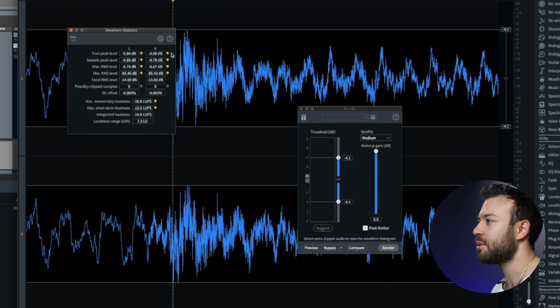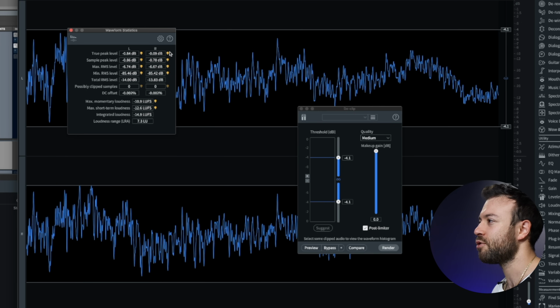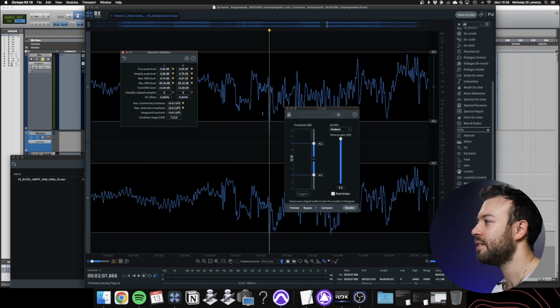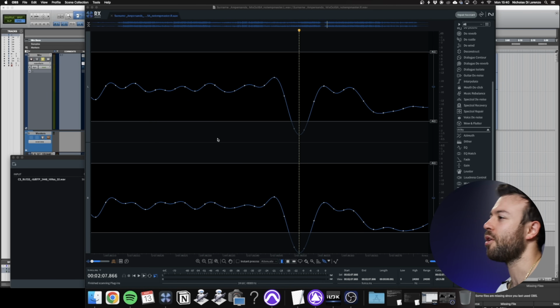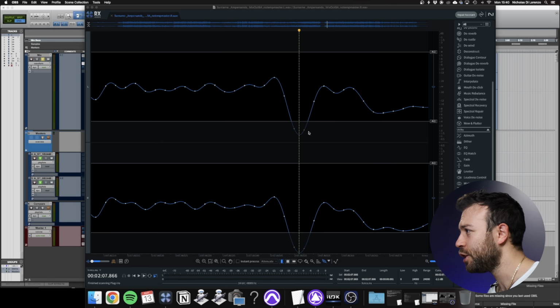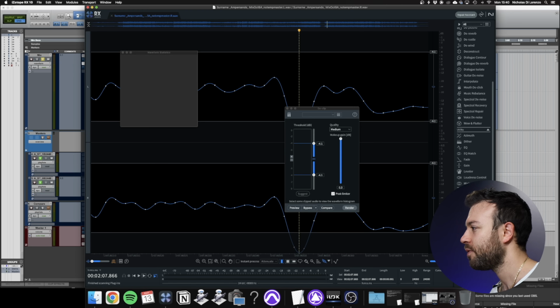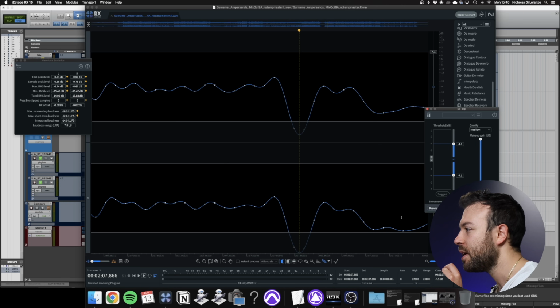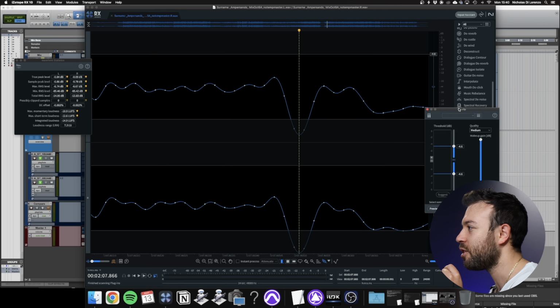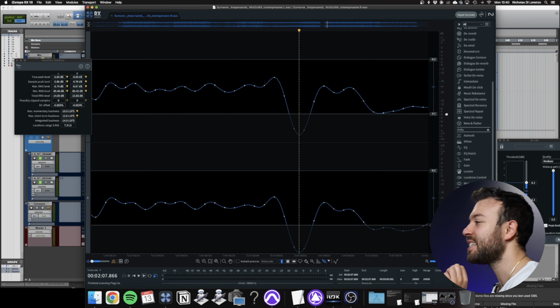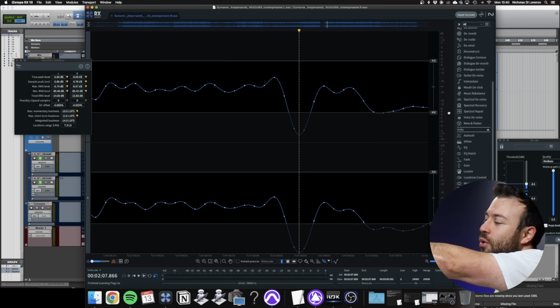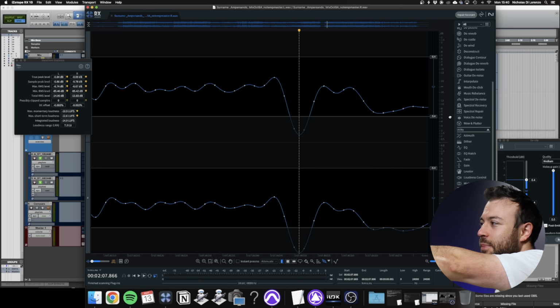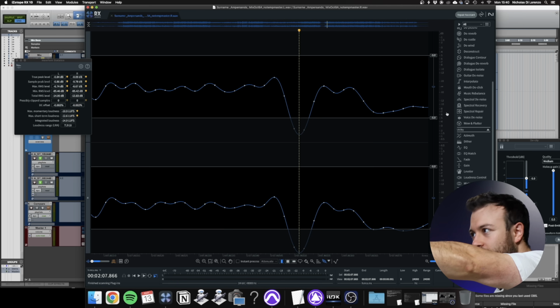And if I go to the very highest peak, this is where things start to get interesting. I'm going to zoom all the way in. Okay, perfect, we're there. Now, there are only two samples, so that peak level there, if I go to waveform stats, is at 0.1 of a decibel. But those two samples are about 6 decibels different from that next peak just on the right hand side of the waveform. So if I set my clip at negative 0.5, it should just clip there.